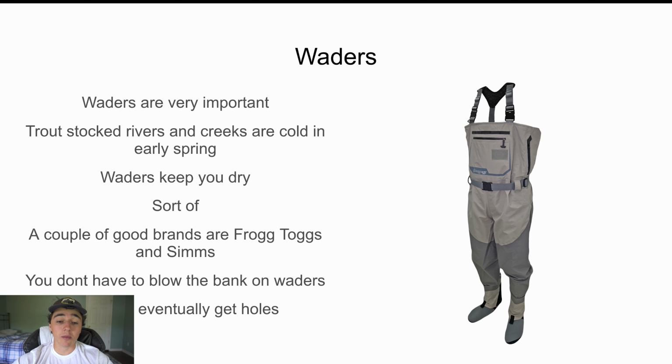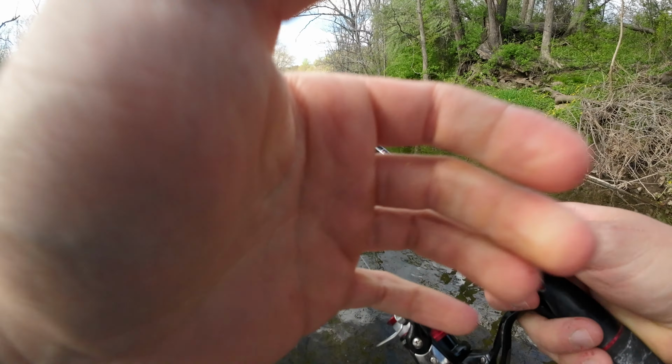The next really important thing is waders. Trout stocked rivers and creeks are really cold early in the spring because, over the winter, that water really gets cold. Waders are going to help keep you dry and warm unless